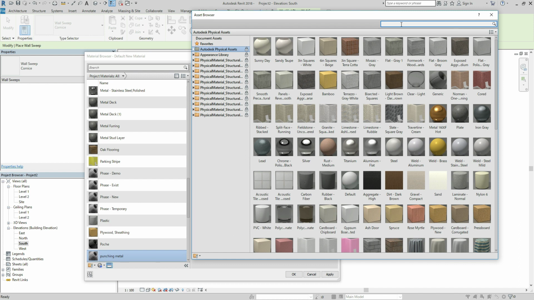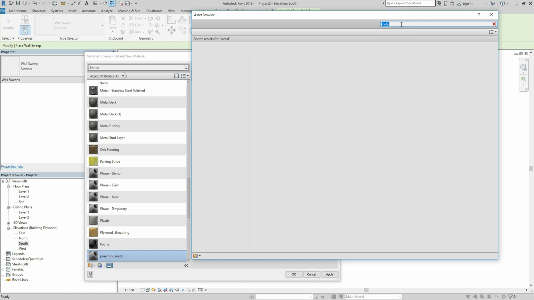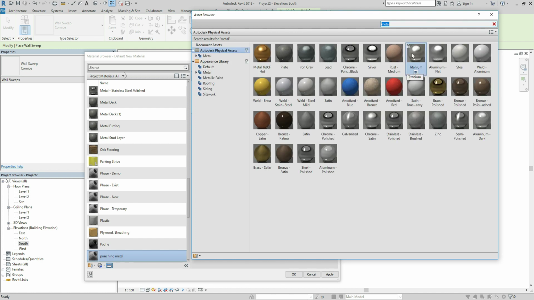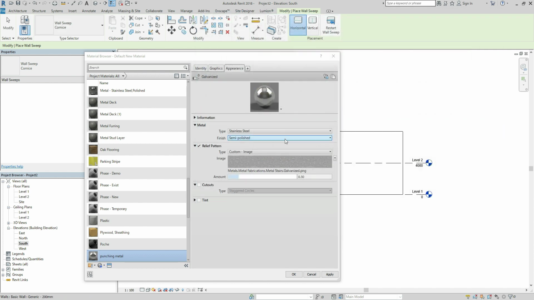And let's find similar texture. Okay, so I'm going to choose this one. Double click, close,